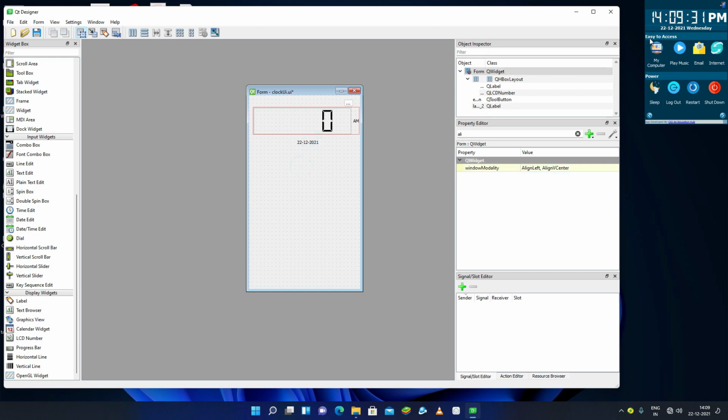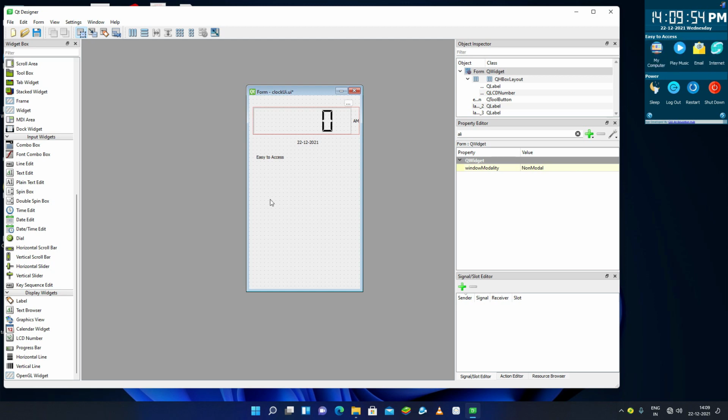Now I can make here the easy to access label. This is a label here, and now I'll pass here a label and I'll name it as easy to access. Okay, now resize it. So this is now created here. And next thing is to create these buttons.